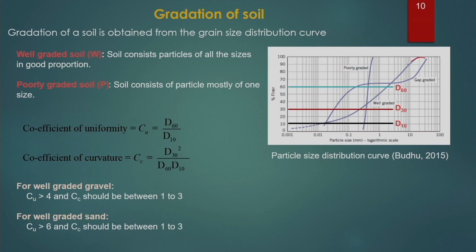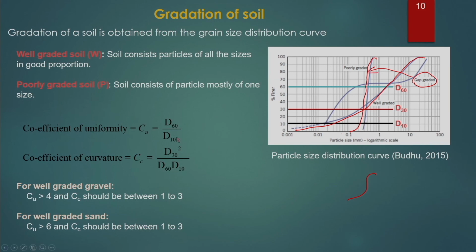You can see this graph is known as a well graded soil. Generally, the shape of the well graded soil is a type of S like this one, whereas a poorly graded soil is represented by this curve. Similarly, there is another kind of soil which is known as gap graded. In gap graded soil, generally 1 or 2 fractions of soils are missing. So, gap graded is also known as a poorly graded soil.